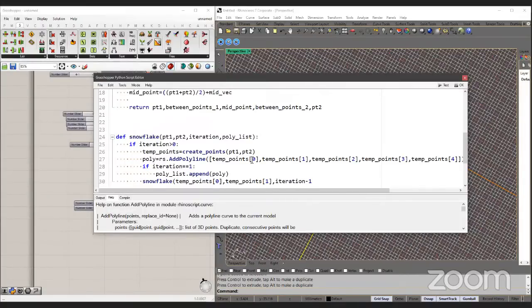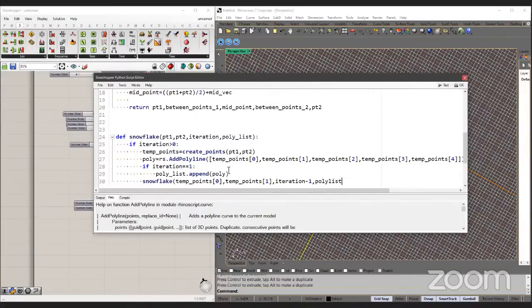So every time it iterates, it will just subtract 1 from it. So we want to have polylist, sorry,